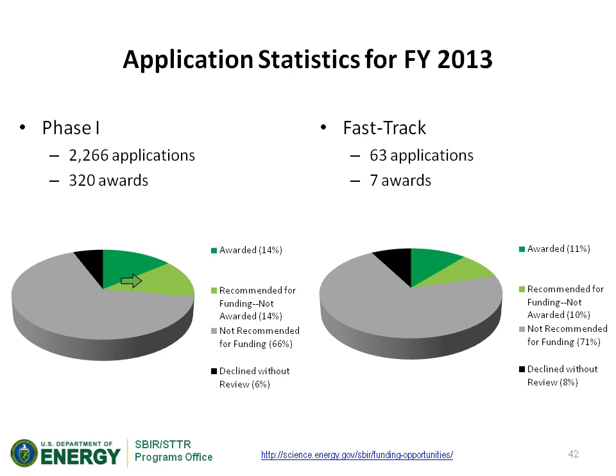In this case, this is a decline letter. But what we're trying to tell you is that there was nothing fundamentally wrong with your application. It's just that we don't have enough funding to award all the meritorious applications. That's different from the next group, which is those who are not recommended for funding. Here, based on the review process, we did identify issues for which we don't feel it's the right time to move forward with that proposal. And finally, we do have a small percentage declined without review for some of the reasons that I mentioned previously, leaving out a Phase 1 commercialization plan or not being responsive to the topic area.